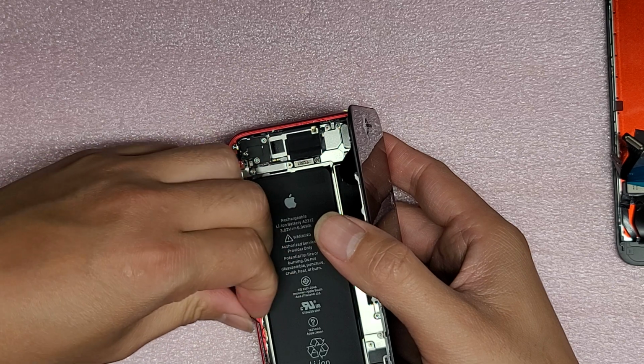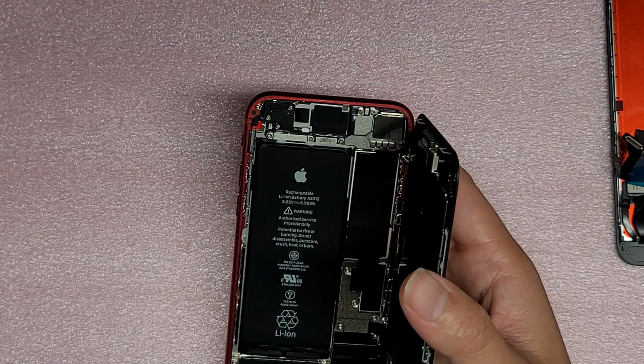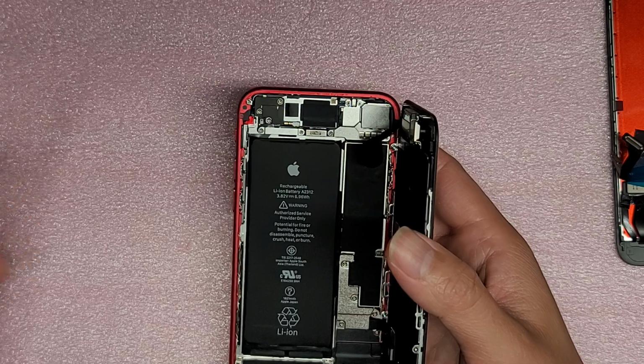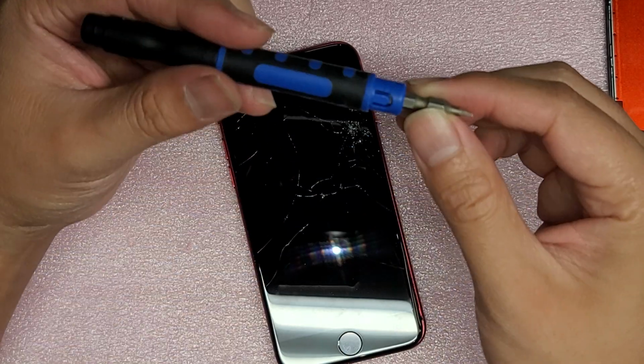So it's probably a good idea to remove the screen first, so let me show you this. This phone is basically like the iPhone 7s and the 8s, and the 9, or is there a 9? There's no iPhone 9, is there? Okay, so anyways,